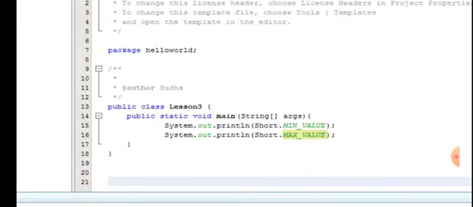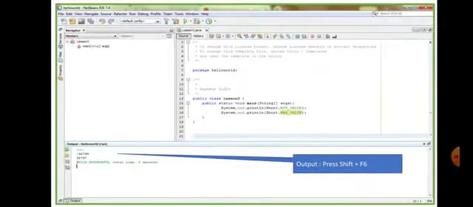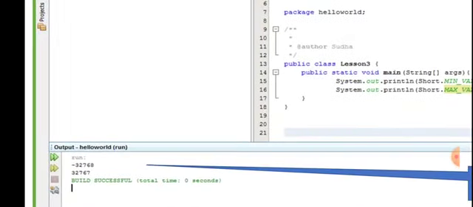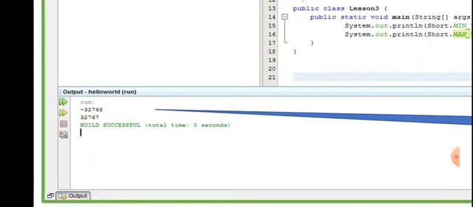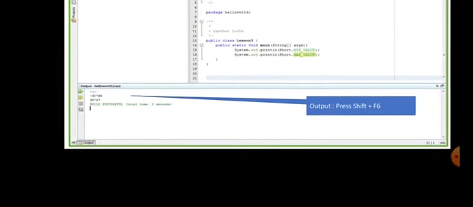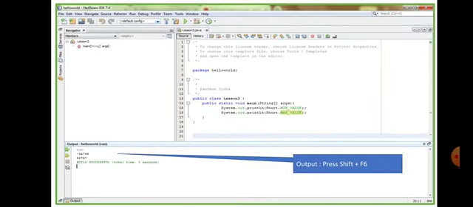I have typed it here, and soon after that I press Shift plus F6 and it clearly gives me the lower range as -32,768, which is the lower range, and 32,767, which is the higher range. Build successful. So this is how you can check the minimum and maximum range of a particular data type.